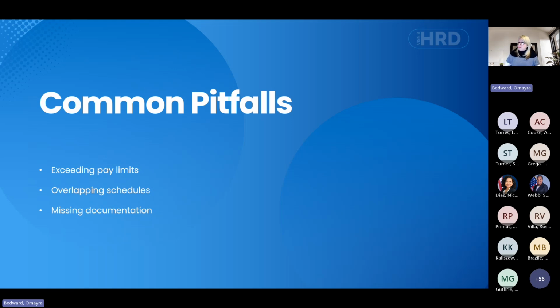If somebody's being paid more than what they should, and sometimes these errors might take place or be discovered at a later time, corrections are done and they're done through the system. And unfortunately, you have to make that phone call and tell somebody, oh, sorry, you did make more than you were supposed to. All right.